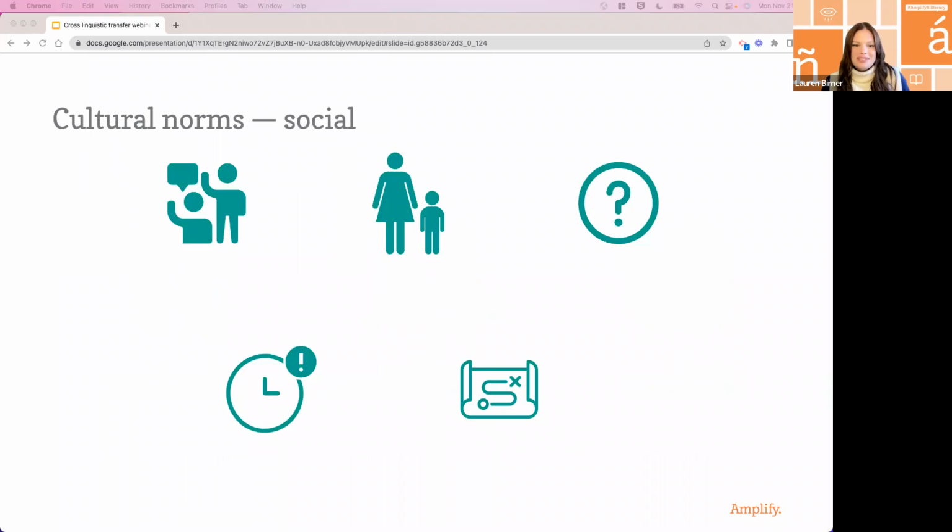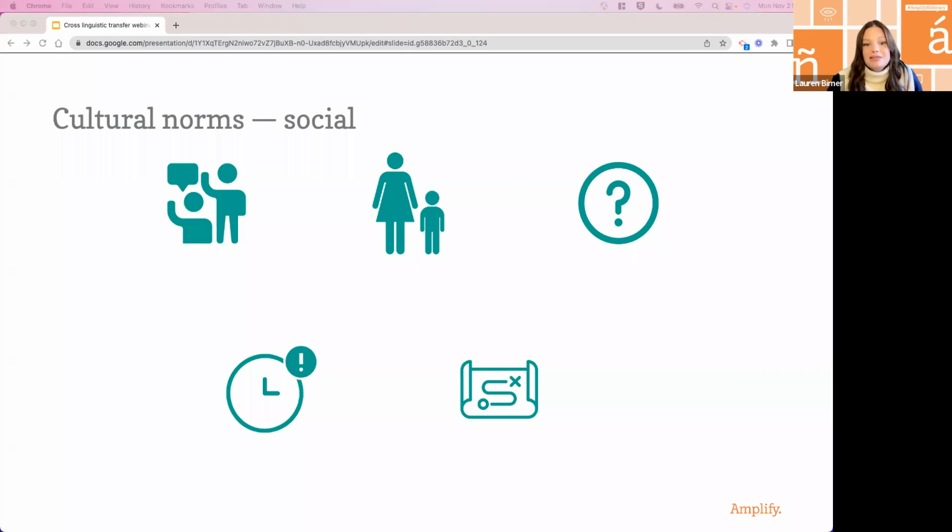Thinking about social norms, they also play an incredibly important role in communication. So how we address and greet each other is important in every culture, but knowing the differences between cultures is just as important. So in my own experience, I've had colleagues in the United States take offense when their students call them maestra or maestro, incorrectly assuming that the student is calling them teacher, meaning that they might not know their teacher's name. However, in many Hispanic cultures, calling someone teacher is a demonstration of deep respect, right? So hearing the word maestra is not a sign of disrespect, right? It is